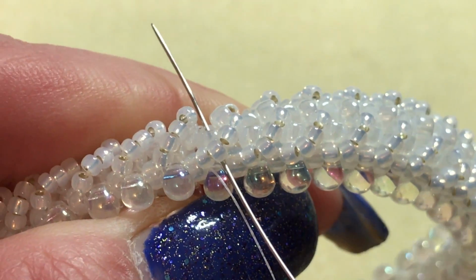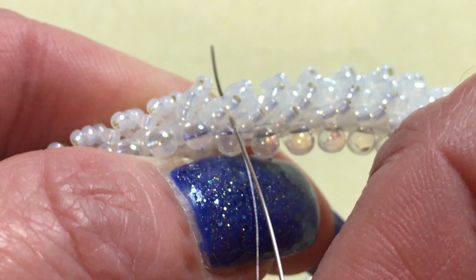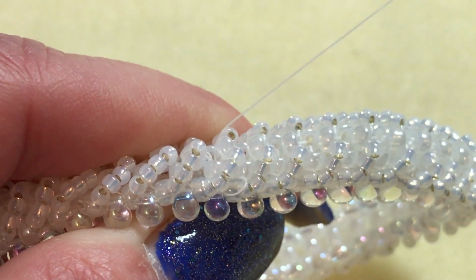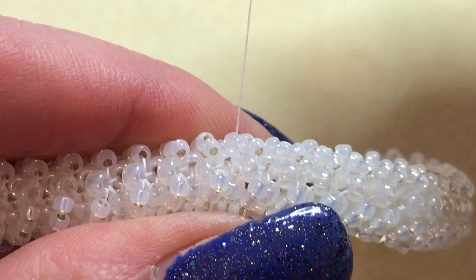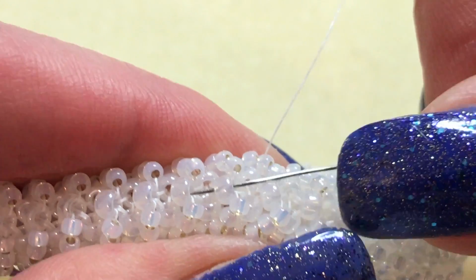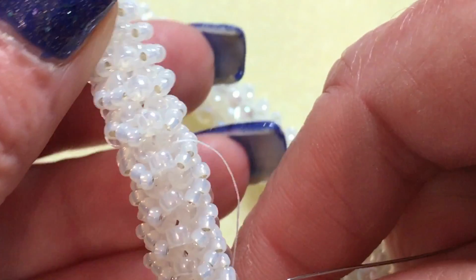Just come in a little closer so you can see the thread is exiting the number 8, going through the adjacent 8 behind that set of 4. Doesn't matter whether you turn left or right, just going to go through the adjacent number 8, which is your ridge bead. I'm going to turn my work,